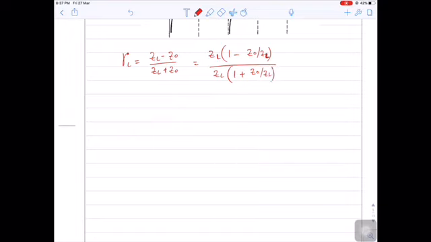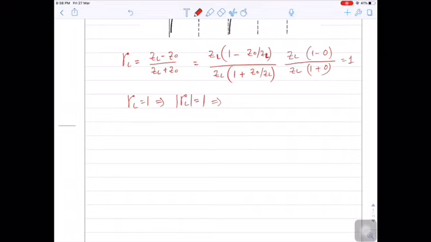Anyway, ZO by ZL value is equal to 0. So (1 minus 0) by (1 plus 0) will become 1. Therefore, gamma L equals 1, that implies mod gamma L equals 1, which implies the total voltage is